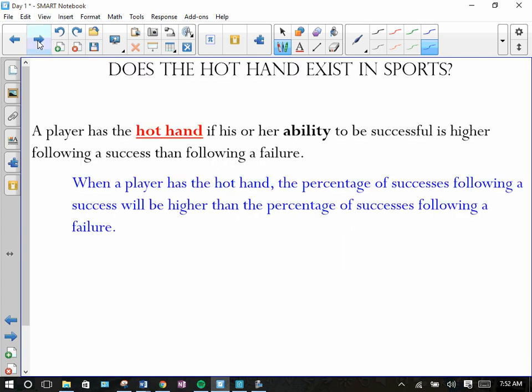All right. So what we're going to look at, and this is the first part of the note that you need to write down, all right, is